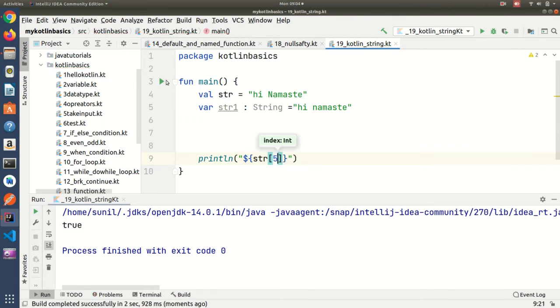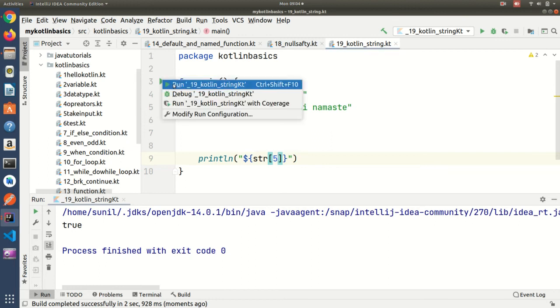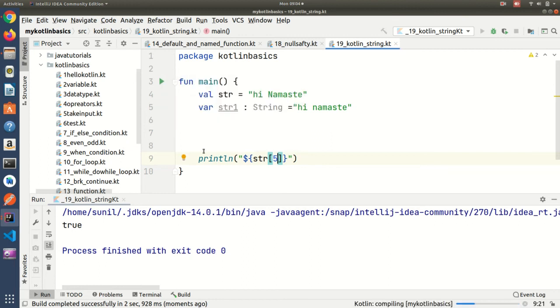Then we'll check: 0 1 2 3 4 5, M or A should print. M. This is the fifth one, so it is printing. If I use 7: 5 6 7, S should print. Yeah, S got printed here.